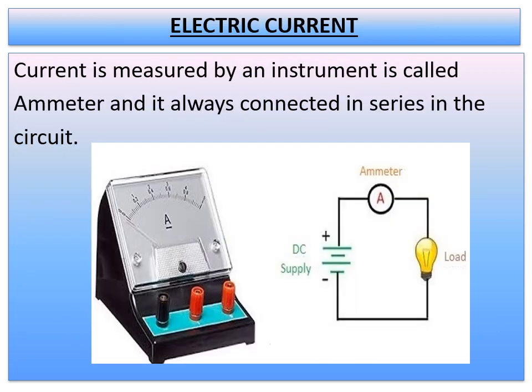The current, whatever we have discussed up to now, we call it electric current or current also. The current in the circuit is measured by an instrument called an ammeter, and it is always connected in series in the circuit. What is series? Means end to end connection. This is your ammeter here. You see these are the gradations. Gradations are nothing but readings which you can get from this.